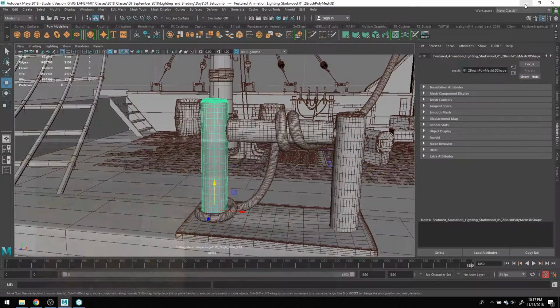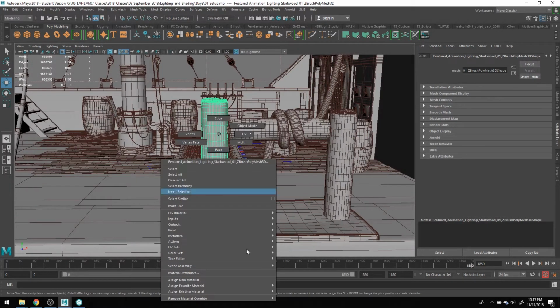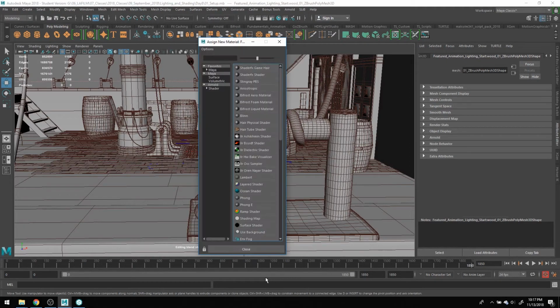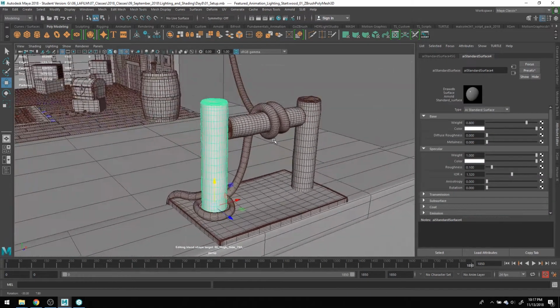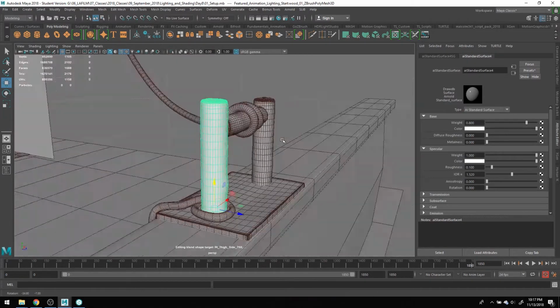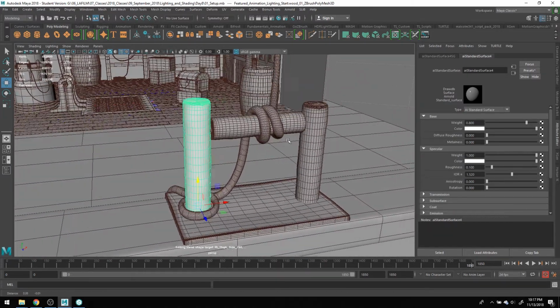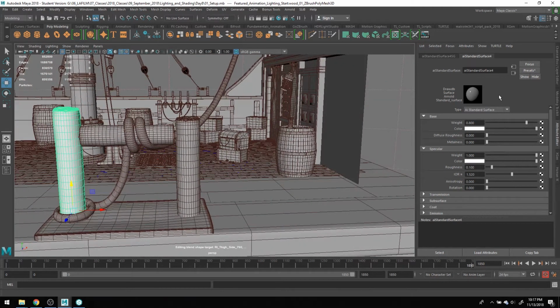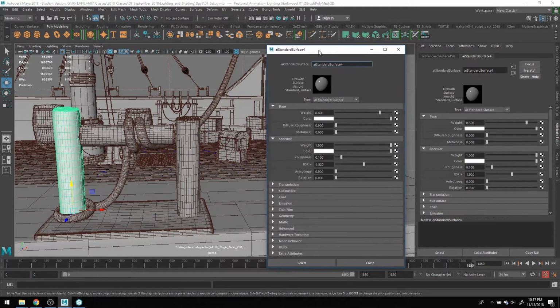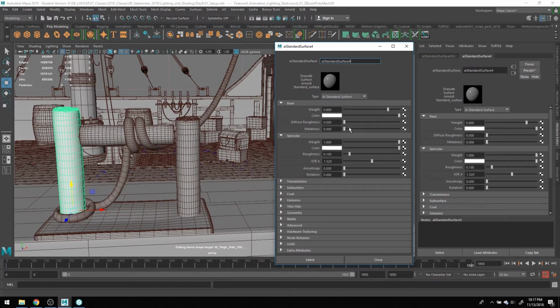Don't need this. Minimize this. From here, just apply a simple assign new material, Arnold standard shader, your standard surface, and that should be good. Just going to put it to the side. From here, since sometimes I get confused with this and I have trouble trying to go back, what I tend to do is just copy the tab, put it right next to it,